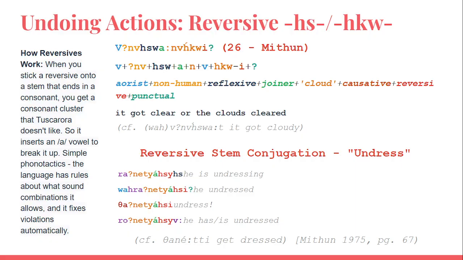and you can also conjugate this fully as well. If you look at this system for undress, he's undressing, and it all comes from thaneti, which means to get dressed. And you see thaneti, and then in the imperative it is netiasi, and it stays the same in all of its forms. So netiasi, netiasi, netiati, netiasi, netiasi. So it stays the same in all of these different forms.